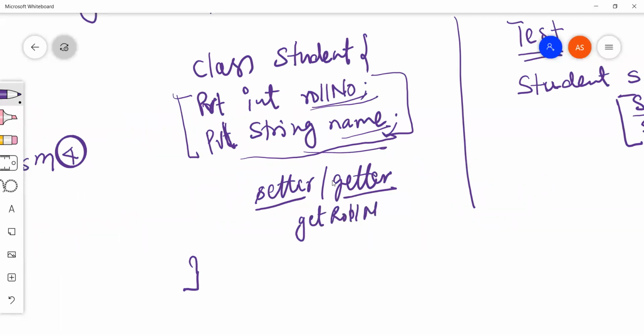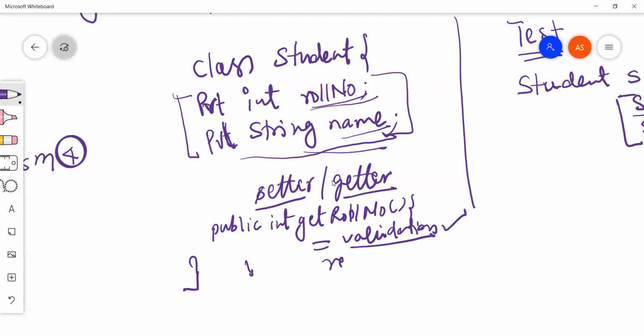For example, public int getRollNumber, and there is some validation here, whether we want to show this roll number to the caller or not. If the validation is correct, or the user asking for these details is a valid user, we can return rollNumber, right?